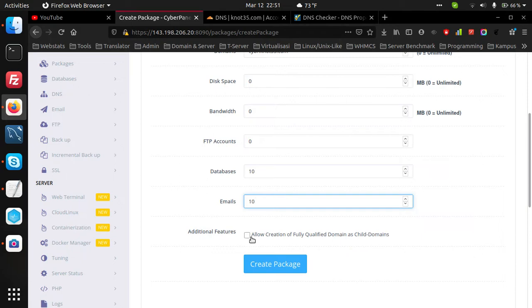And we can maybe try to enable this additional feature and create package.